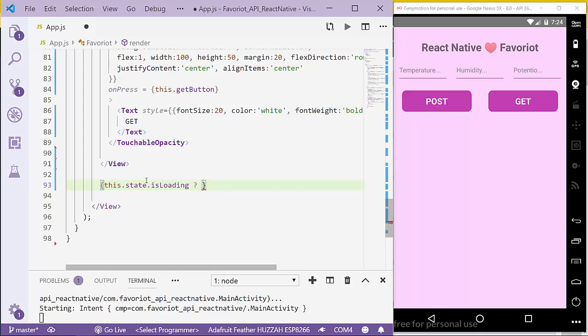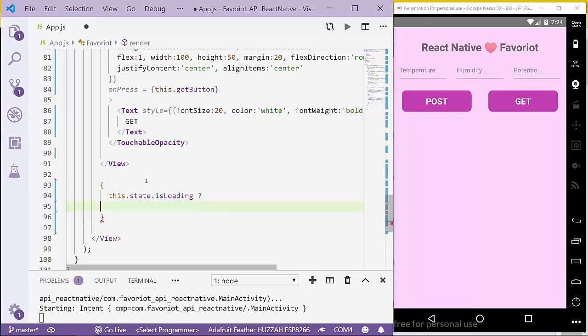If true, it will show the activity indicator like this, and if false,